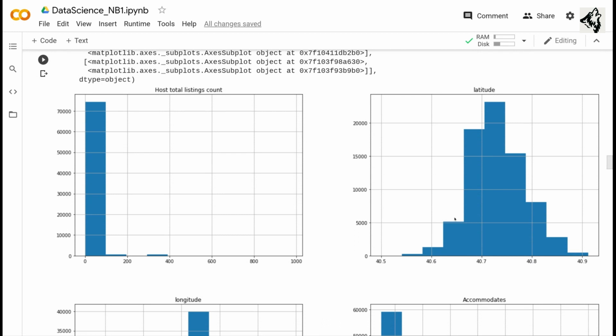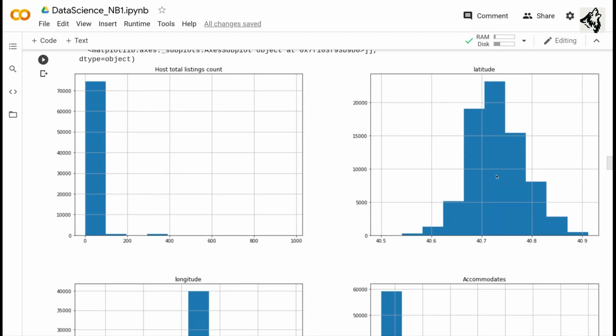We have plotted some more histograms. Over here, we can see that there are over 20,000 values just between 40.7 and 40.8 latitude.